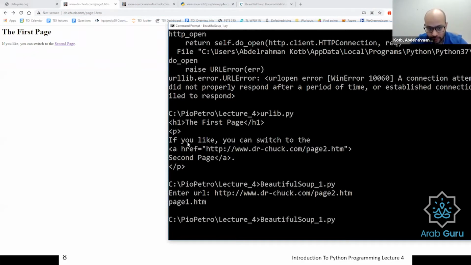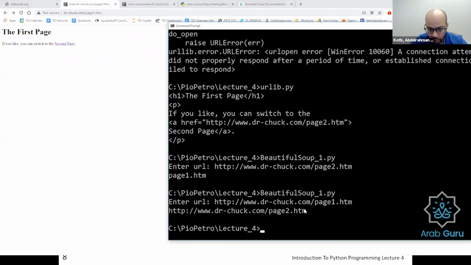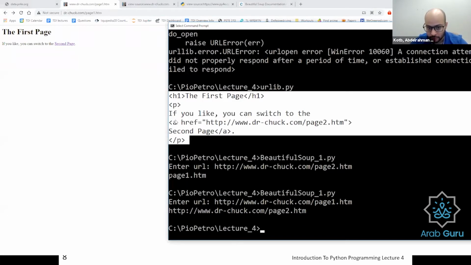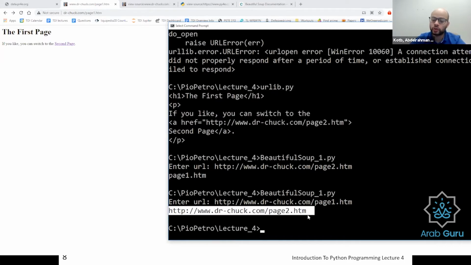If you look at this information and you look at this information, this is the same, because the anchor in this case is http://www.drchuck.com page 2. But what Beautiful Soup does is it removes everything else that you did not ask for, and it presents it in a nice way. So I hope this clarifies things.